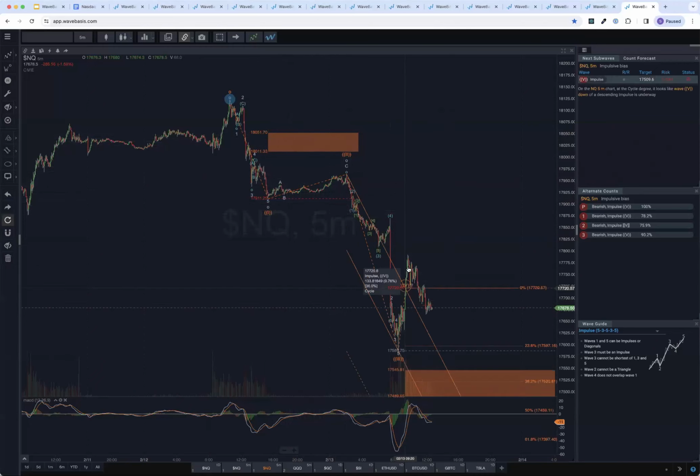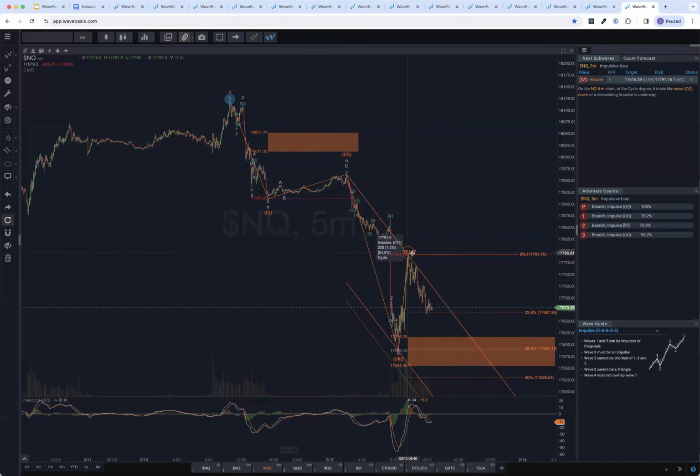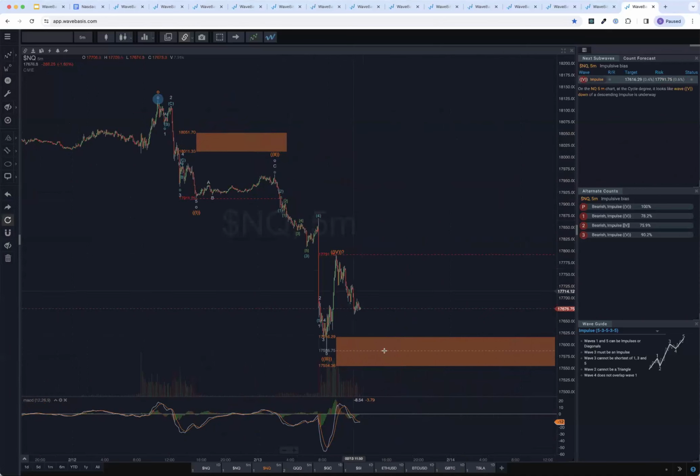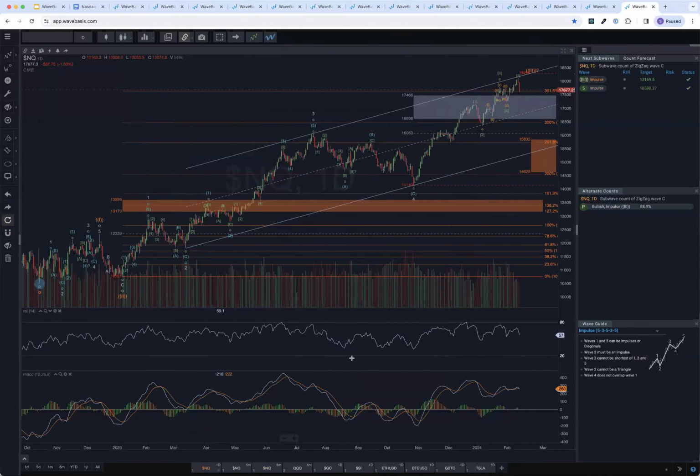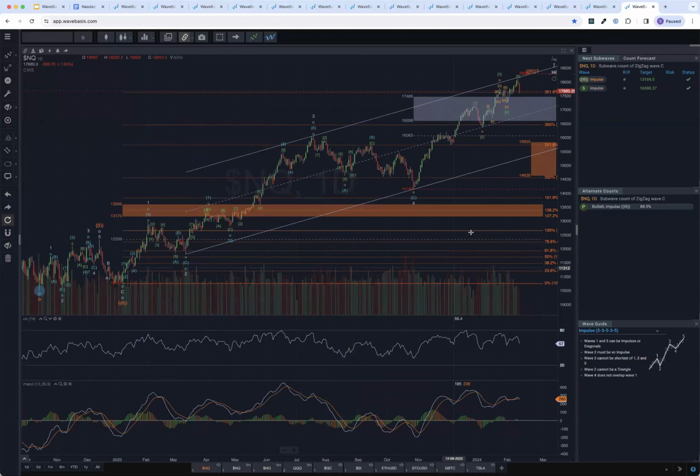So what we would think, based on where we are now, is that we're going to drop down to a 5 here and bounce for wave 2. But we'll see, it's still very early. I want to zoom out a little bit and look at the longer term chart again to see where we are. Well, we're right at the top of that channel, with a new and more solid count for an ending diagonal.